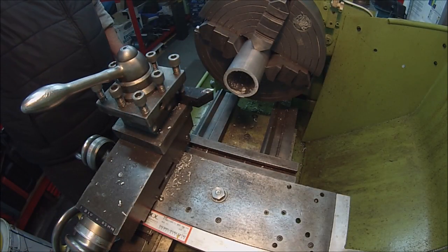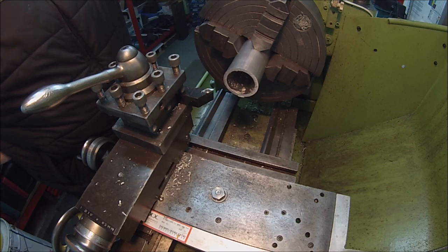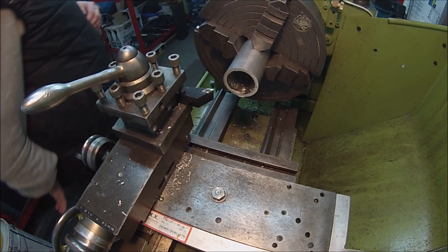For the insert, I've got a piece of 55mm OD by 5mm wall thickness, so that's 45mm ID aluminium there. This is kind of the most economical way of doing this, especially for this experimental one. I've got somewhere,